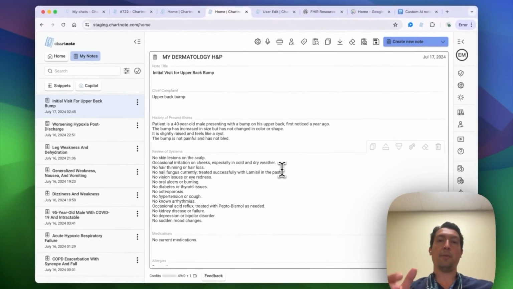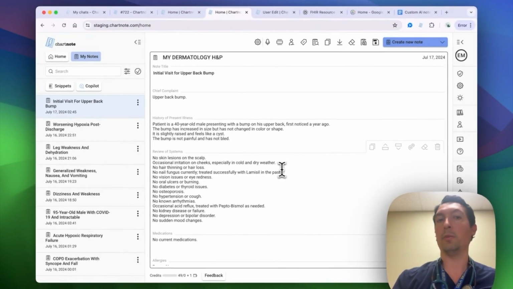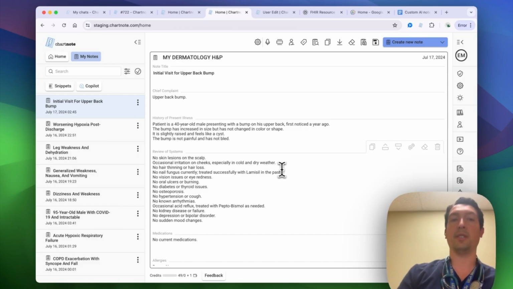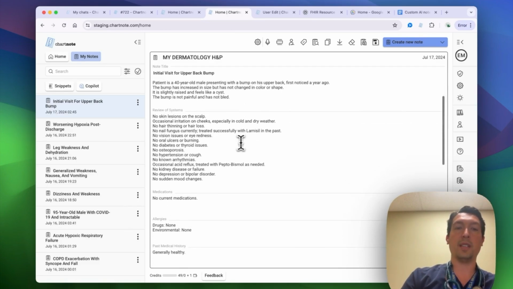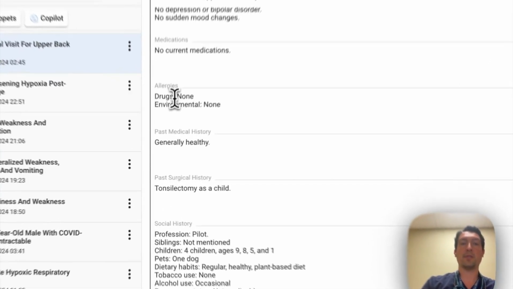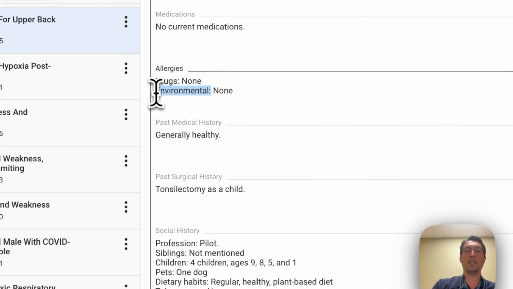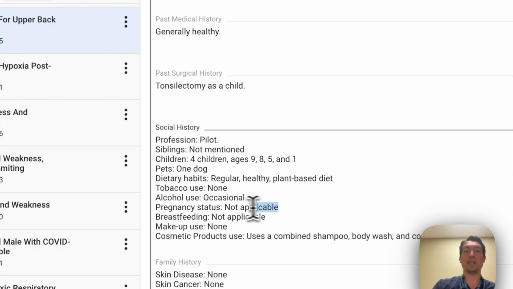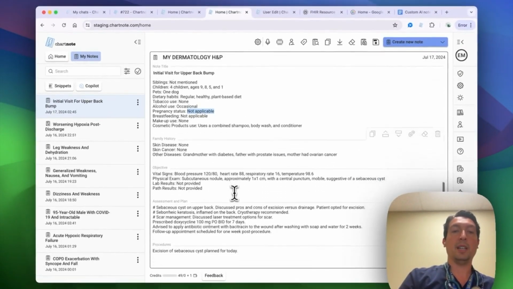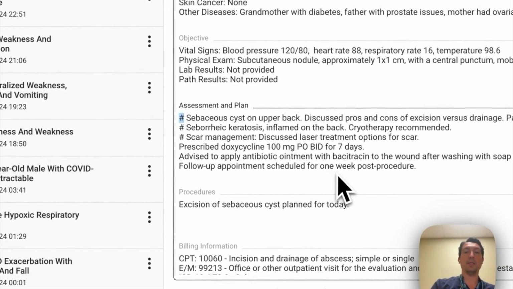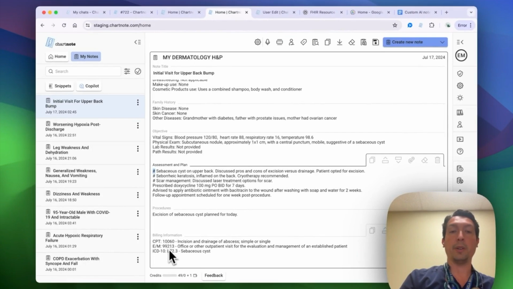Okay, so this is how the note would look after it's processed. So you're gonna have all these sections. These are the subsections, for example, for the allergies. And then, for example, you see pregnancy status is a male patient, so it's not applicable. These are the hashtags that I asked the AI to include, and billing codes. And from here, I can edit